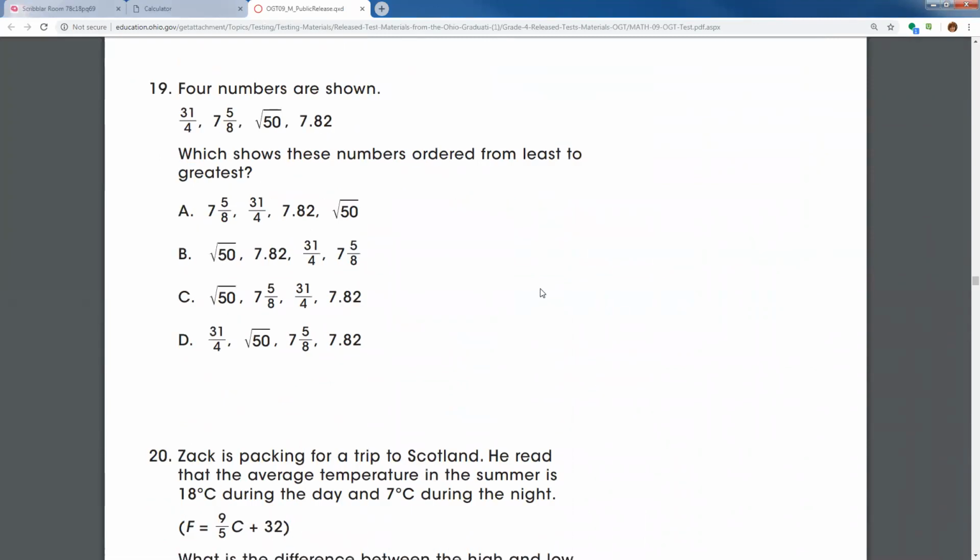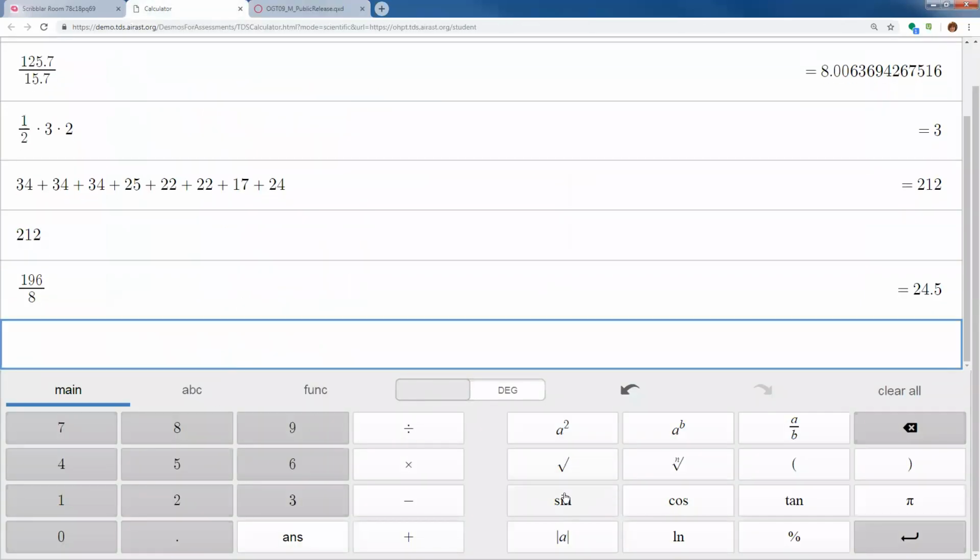Number 19, 4 numbers are shown: 31 over 4, 7 and 5/8, square root of 50, 7.82. Which shows these numbers ordered from least to greatest? When you do a problem like this, it's best to get the decimal version of each number. For 31 over 4, you would want to do 31 divided by 4. If you use that fraction button, it's just going to leave it as a fraction, or it might change it to the mixed number. We would just want 31 divided by 4,